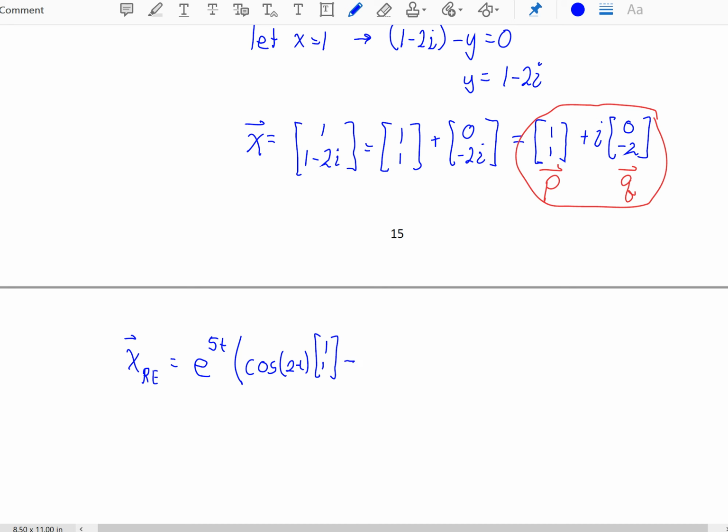Now it's going to be a minus sine beta t times our q vector,